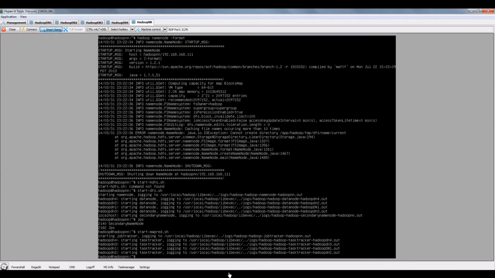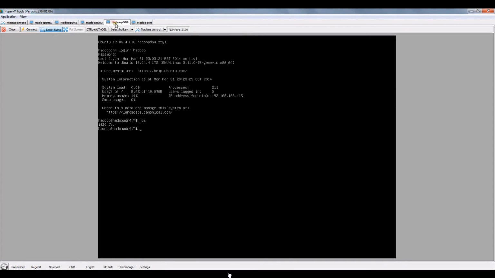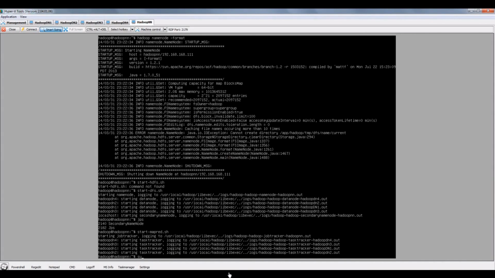Task tracker. Okay, let's try JPS. Ooh, the task tracker is fine, so it's just something wrong with the DFS. So it's most likely to be one of the XML files we played with, and it sounds to me like it's the HDFS